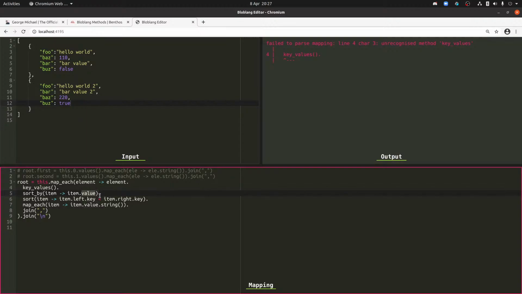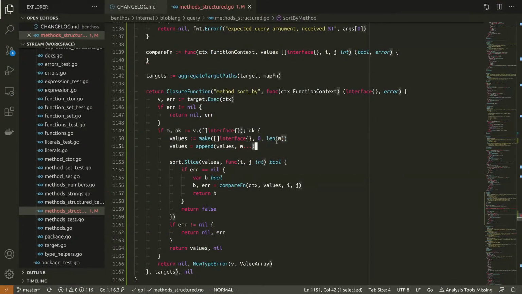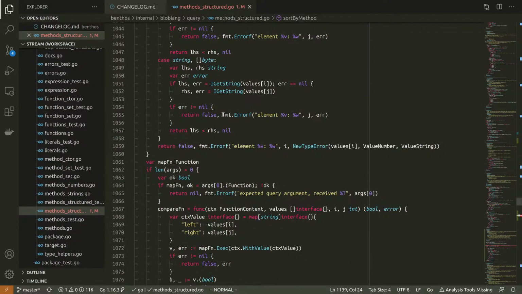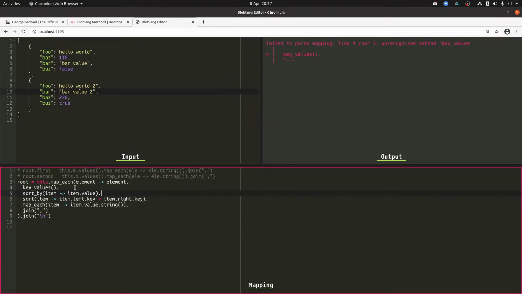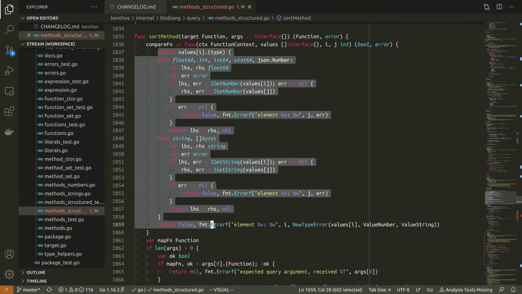Yeah, so what you want to do is you want to escalate the value field, because we don't want to sort by the raw object. We want to sort by the value being emitted. So we don't actually know the type of this. It's just going to be a value type, hopefully. But nonetheless, what I'm describing here is basically the exact same as sort without any arguments. So if you don't specify an argument for sort, then it assumes that what you're providing is an array of value types, and then it sorts by the values. So I can pretty much copy paste this,